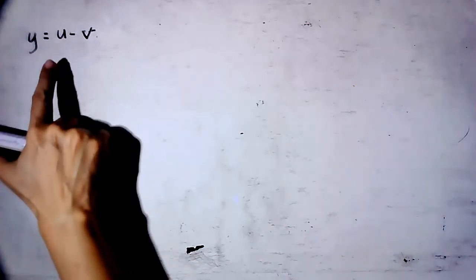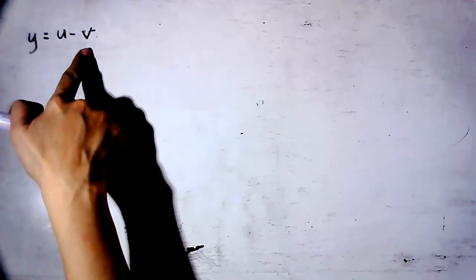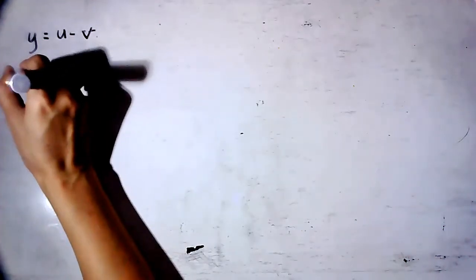Now, as for the rule about subtraction, let's say, for example, you have y equals u minus v. It follows the same as the rule for addition, because if a function v itself had a negative sign, the derivative would also be negative. So if you are going to differentiate y equals u minus v, then we will have